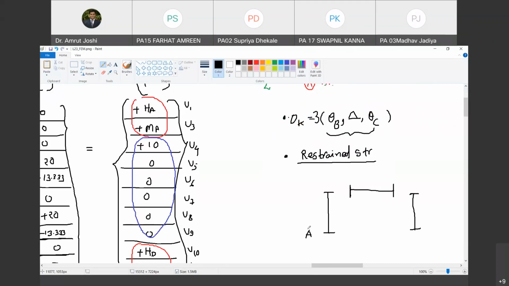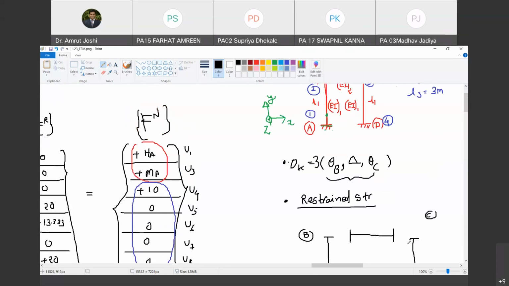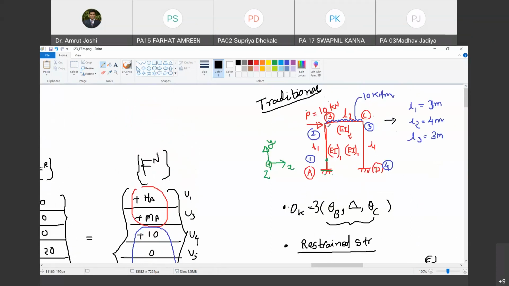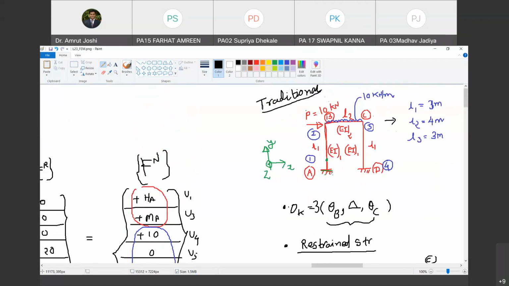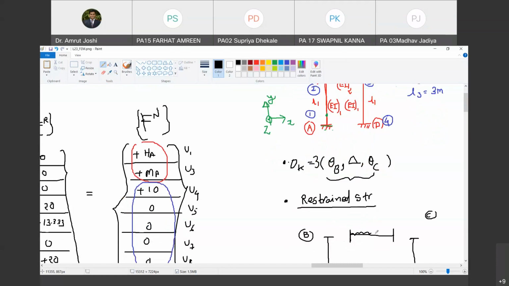So this is a restrained structure A, B, C. Don't get overwhelmed by the speed because I know you have already done this in structural analysis. So we need to go fast here. There is no choice. And then in the restrained structure, we show only member loads. You can see there is no member load on member AB. There is no member load on member CD. There is a member load on member BC that is shown here. It is a UDL of 10 kilonewton per meter.